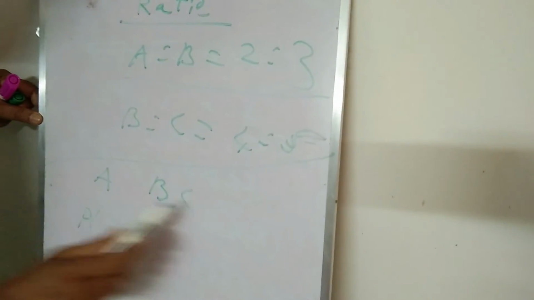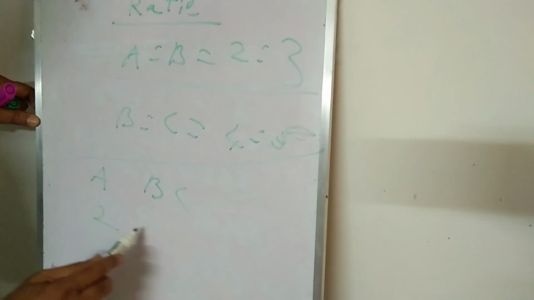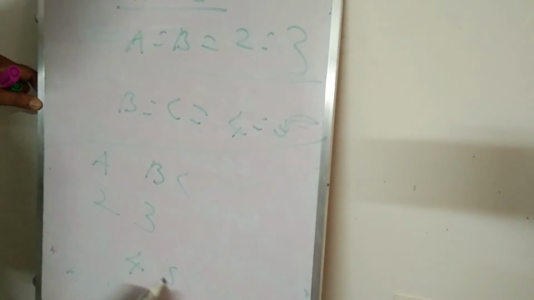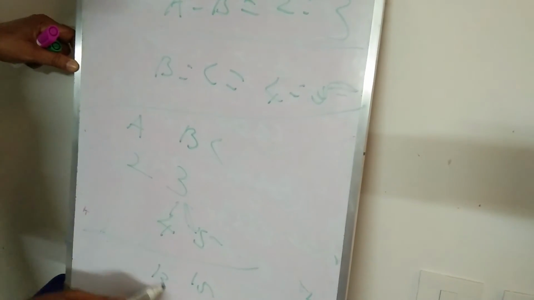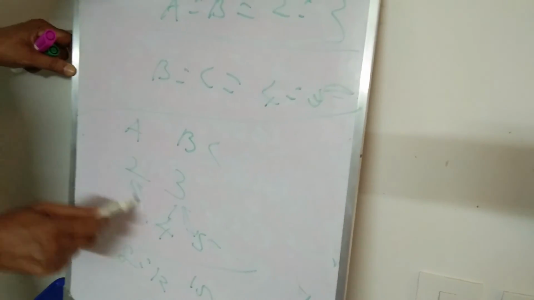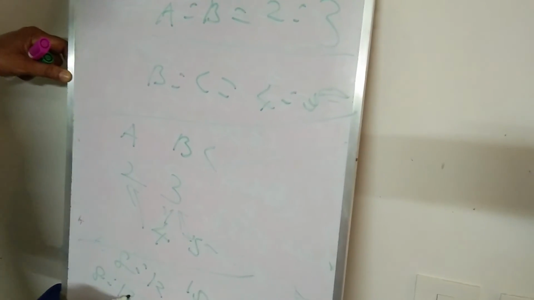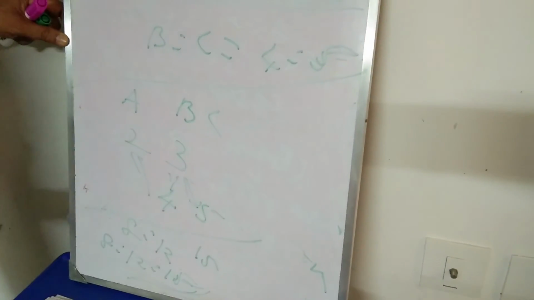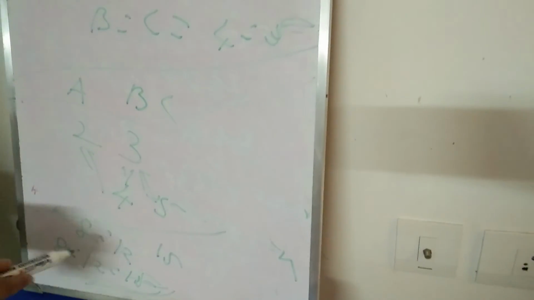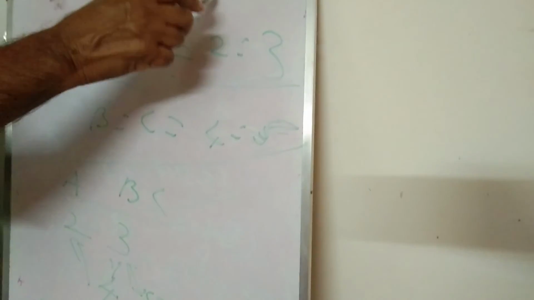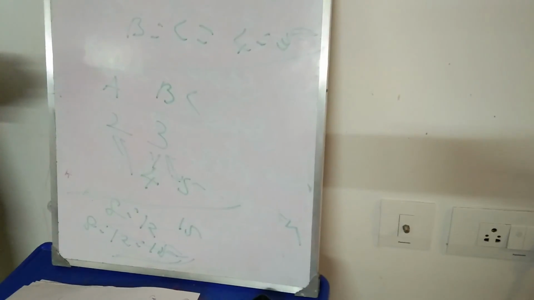Very simple. Write A, B, C like this: 2, 3, here 4, 5. Cross multiplication gives 15, 12, 8. So the ratio is 8 is to 12 is to 15. They will write so many words and do so many twists in the question. If you want to find A is to B is to C, simply do it by heart: 8 is to 12 is to 15. Like this only, ratio and proportions, everything they will ask. These are also questions repeatedly asked in all the exams.